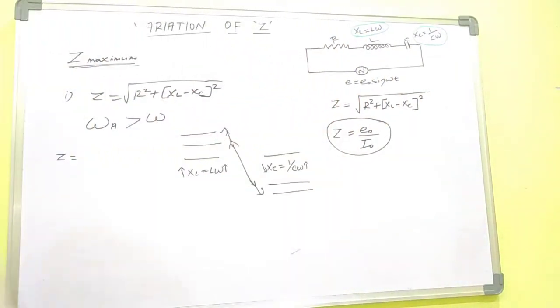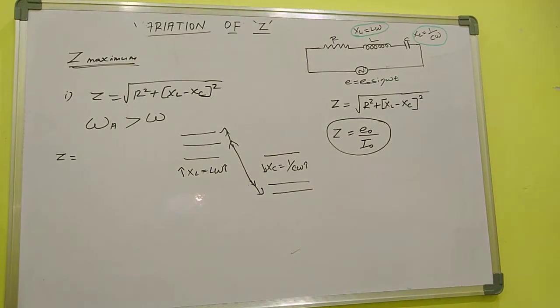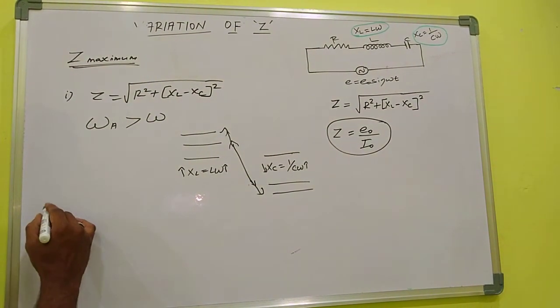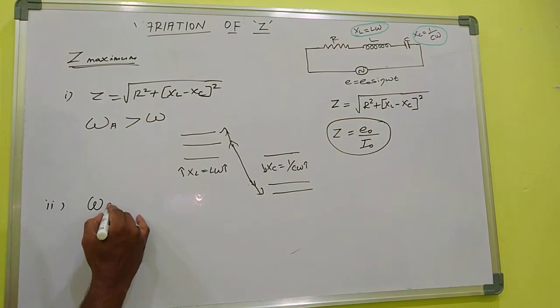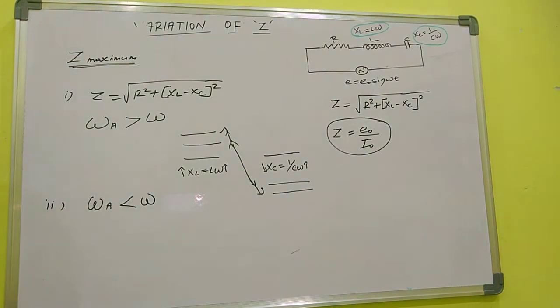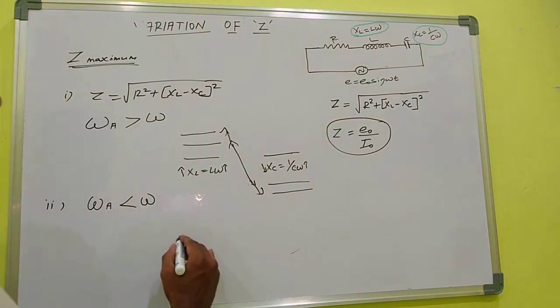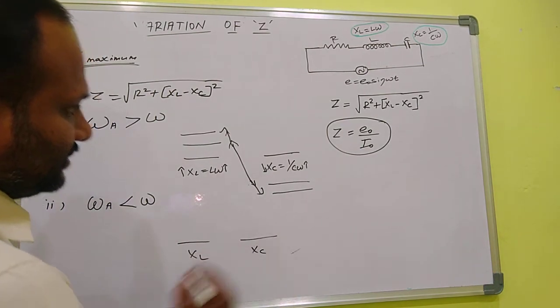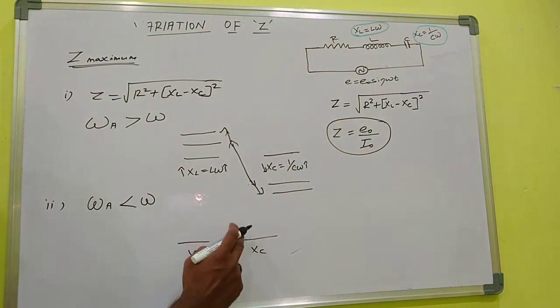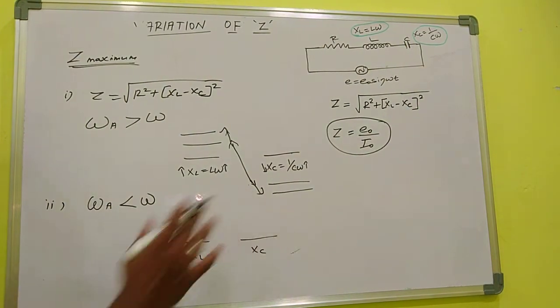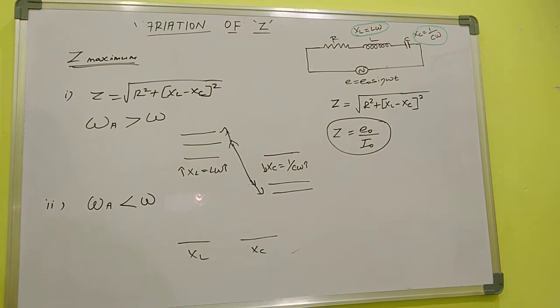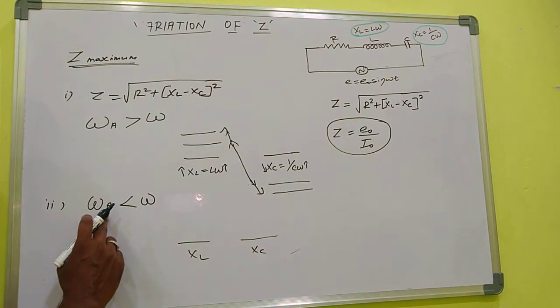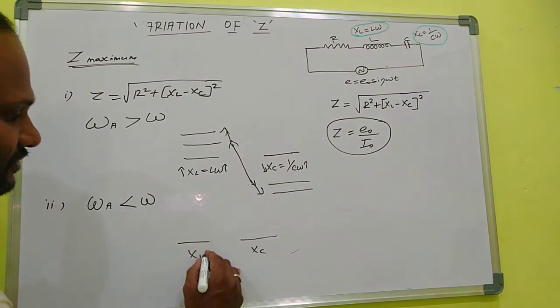Okay. Then the second case is: applied frequency is less than natural frequency. What will happen? When XL and XC are equal, the condition is resonance, and peak current will flow through the circuit, that we know. Here the applied frequency is less than the natural frequency, that means